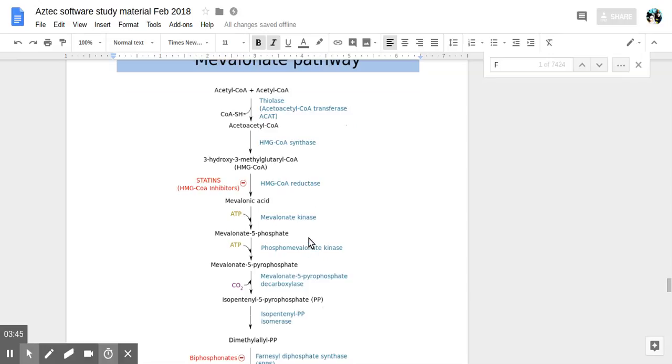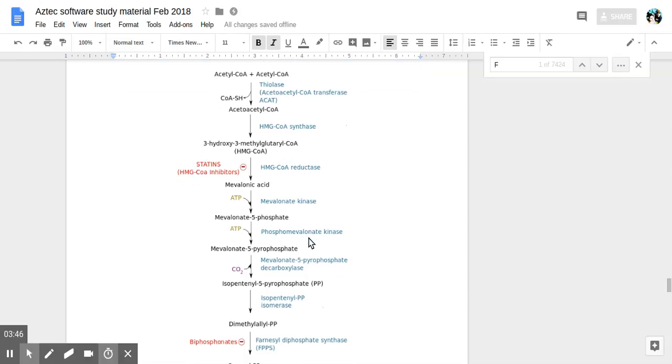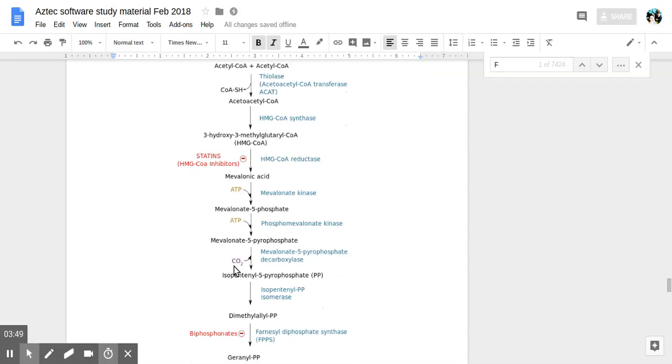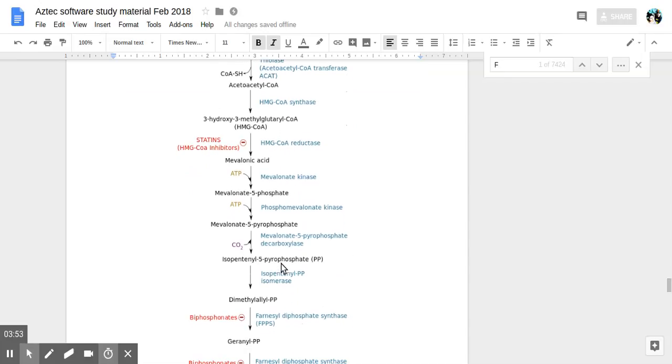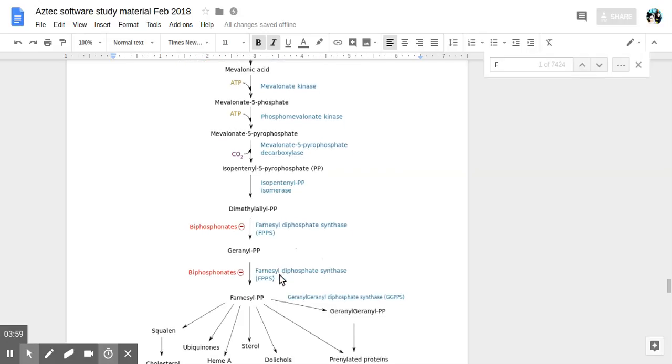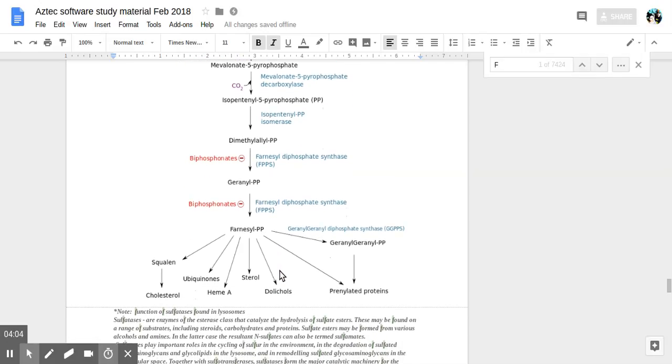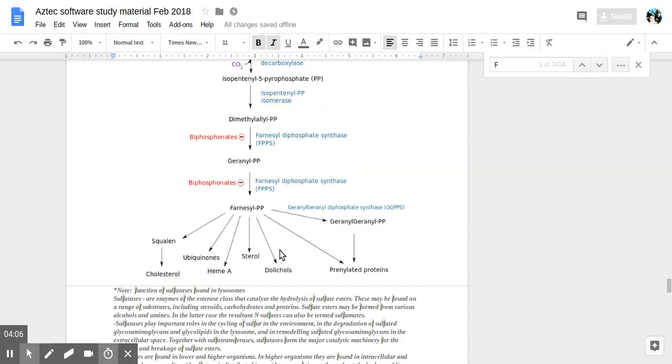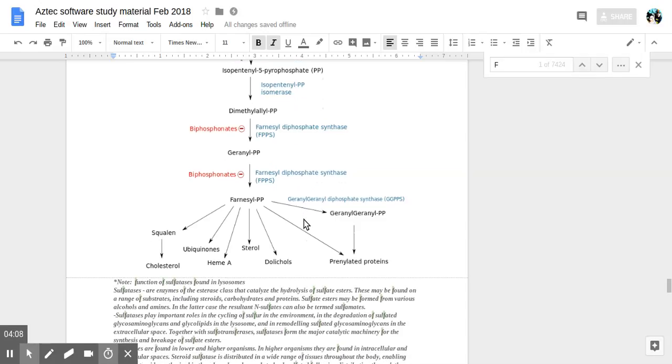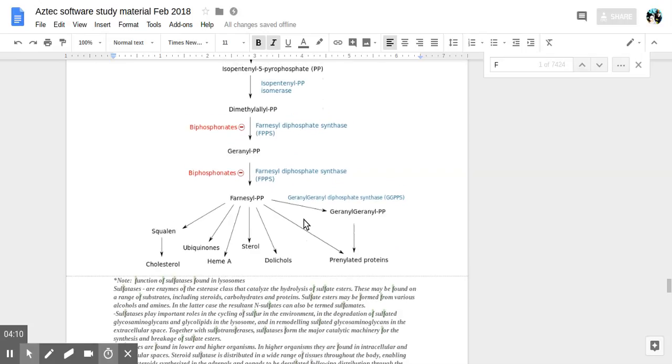So kinase, then pyrophosphate decarboxylase, isomerase, diphosphate synthase. So you're yielding